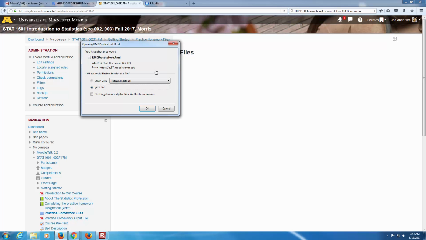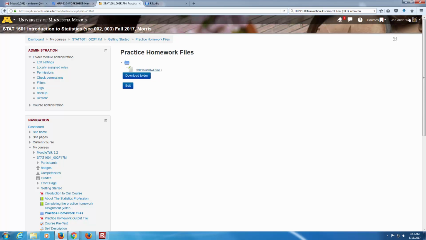And I know your instinct is probably to open this file and look at it like, oh my gosh, what's in here? I want to see. Don't do that. You can do that in a moment. Instead what you should do is choose to save this file and click OK, and it will go into your downloads folder, and that will be true I believe on a Mac or like on a PC Windows computer like this one. It went into my downloads folder,